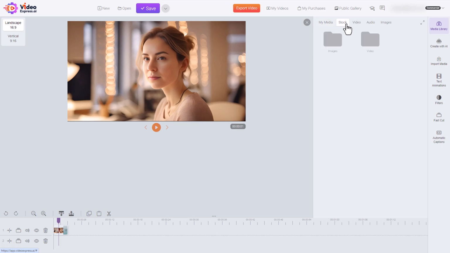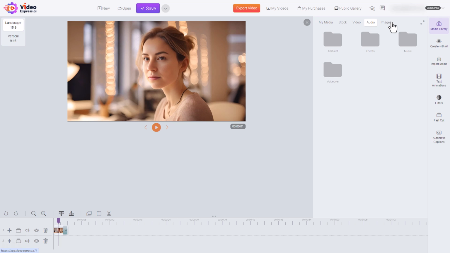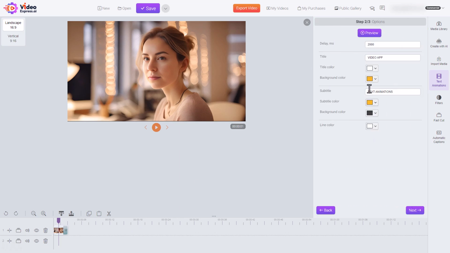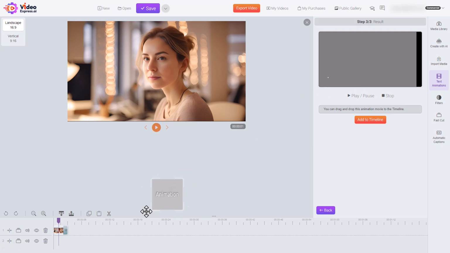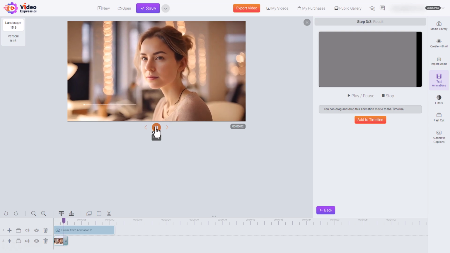We also get access to stock if we want, stock video as well, and some audio and some images, and we can search through those. We can add in text animations like a lower third. So I might want to add this. So I need to go here, and I can type in AI video, click next. It generates it, and then I just need to put it onto my timeline. So I can put this down. So I can put a lower third above this, which is really useful. So if I play through this now, we see we get our lower third.